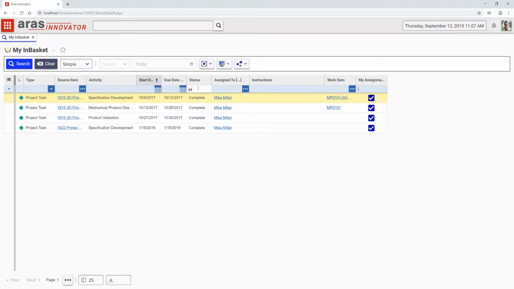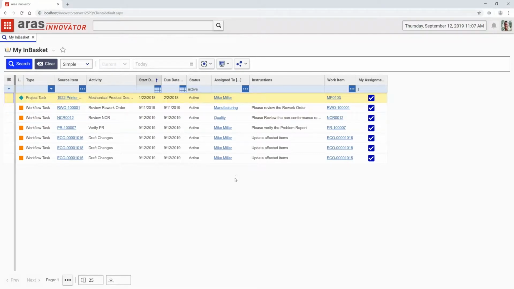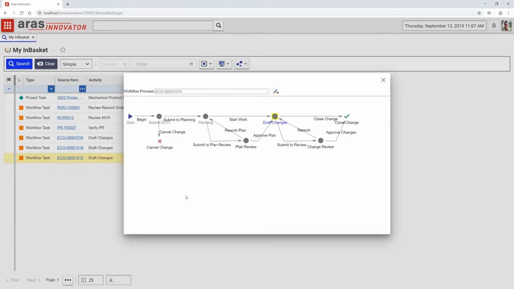So let's go back to our day-to-day work and actually have Mike accomplish something. So here we can see notifications, which are great, but that's just part of the story. I know I have to work on something, but I need to know more about this assignment. For example, where did this come from and where is it going once Mike works on it and completes and signs off on his activities?